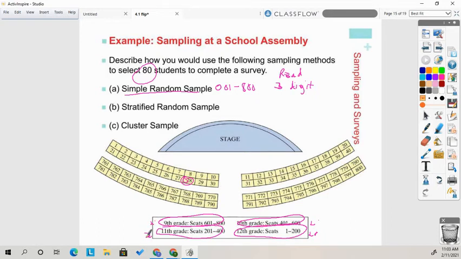Now, once you have them in your seats, you're going to have to renumber them. So if it's 9th grade and it's 601 to 800, you're going to have to renumber them 001 to 200. Okay, and then you're going to pick 20 from each of these to get 80. So stratifying is breaking them into the groups. They're already in their seats, renumbering,